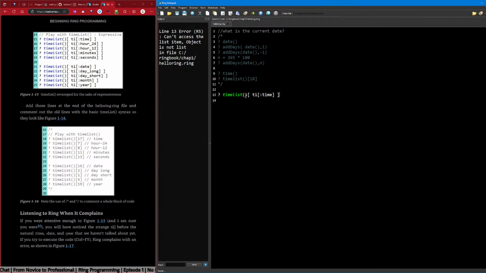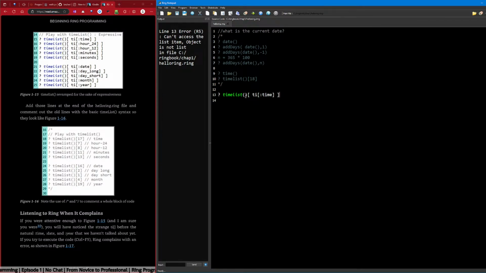No, same thing. Can't access the list item. Object is not list in file C, ringbook, chap 1, hello ring. Oh, what isn't? Oh, time isn't. Okay.